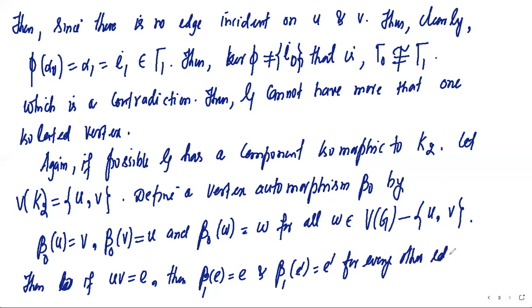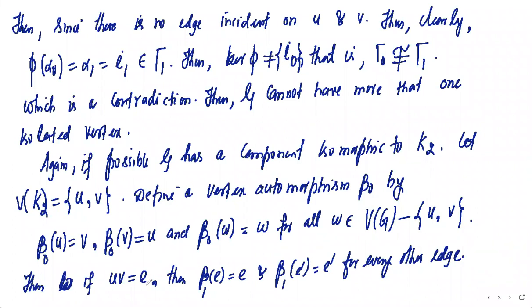For every other edge, because for all the remaining vertices we have defined beta 0 as the identity automorphism. Only this beta 0 is a non-trivial automorphism because it swaps these two vertices V and U, but for all the other vertices this beta 0 fixes all of them, so it will fix those edges also, so it will not create any non-trivial actions